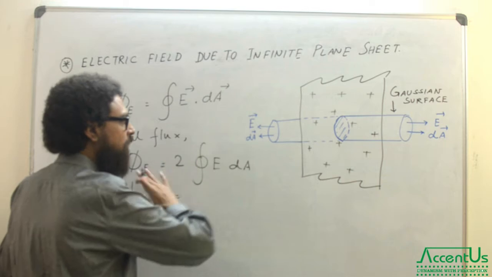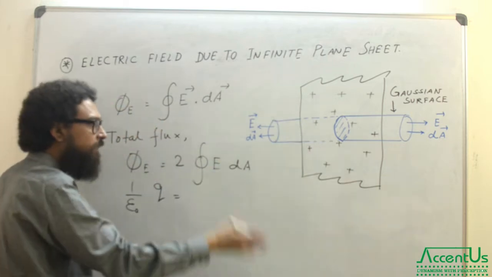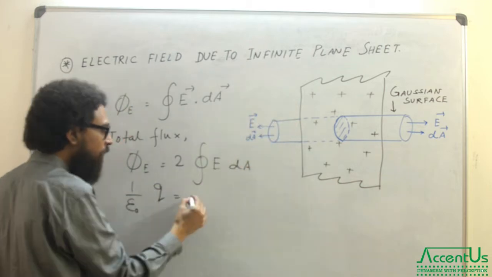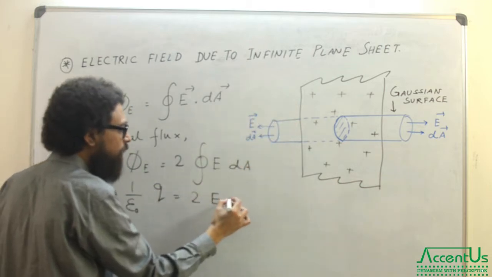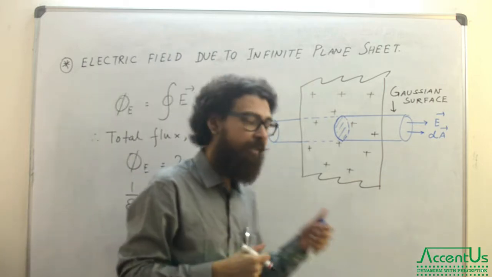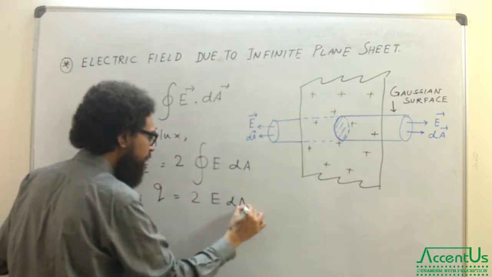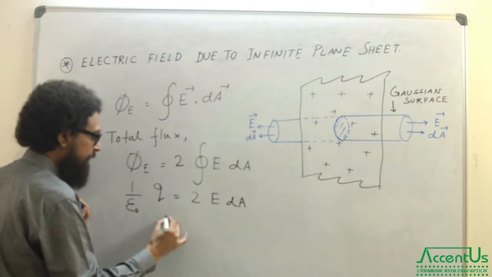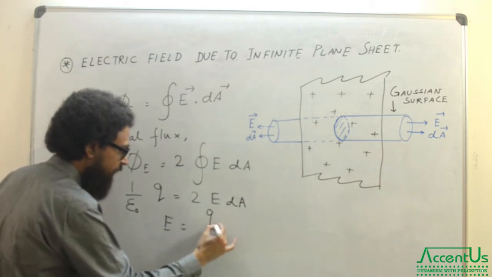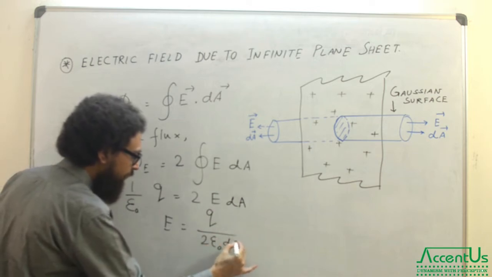I can clearly understand that when I have done all this, the total surface integration of enclosing this surface, the area is dA. So I can write 2 into A. If this area is A, I have taken the vector, or else you can write dA even, no issue. So what is E? E is, you can understand, Q by 2 epsilon naught dA.